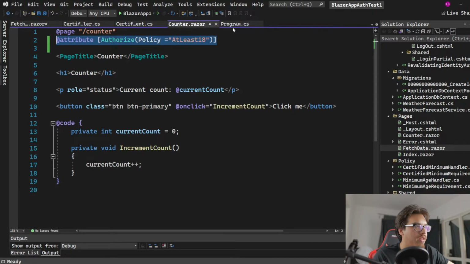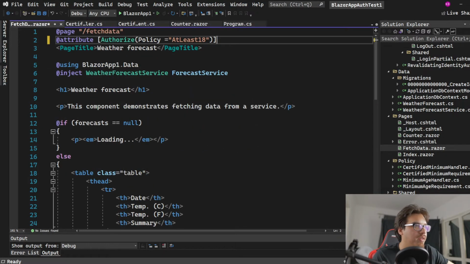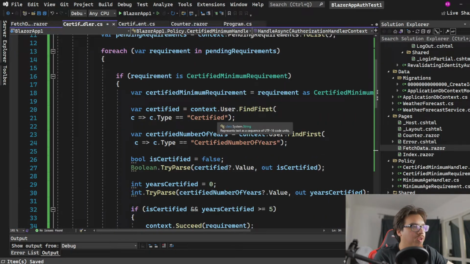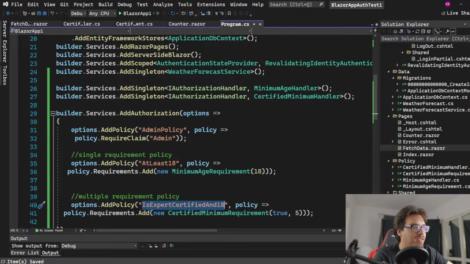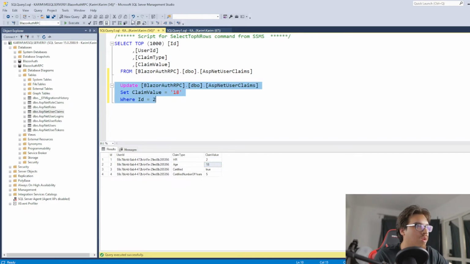And I'm going to add it to, the name is expert certified in 18. That's what we want to do. We're going to add that. So in one case, we're using the original minimum requirement, which says that I need to be 18. The number has to be 18 here. In this case, it is multiplying the number by 7. So I'm going to put that to 3